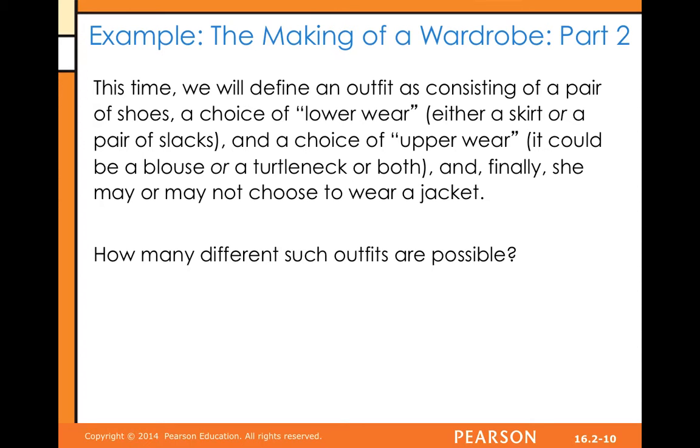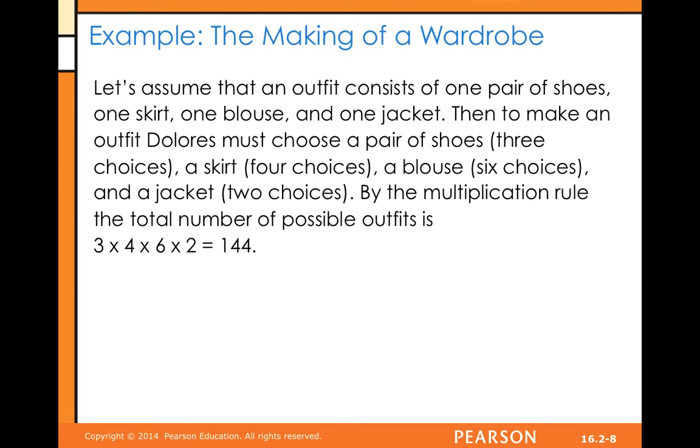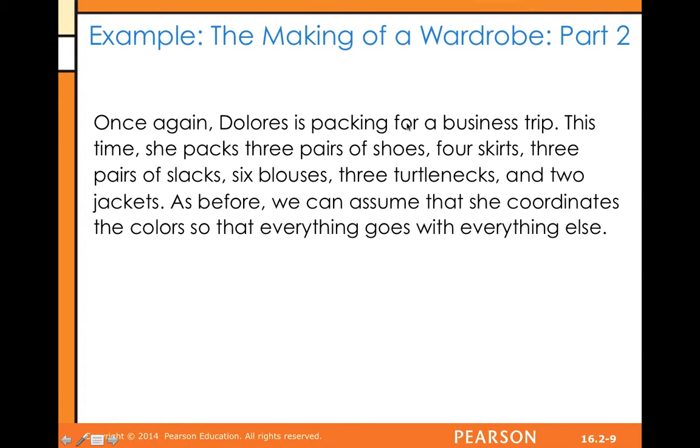Notice how much more complicated this is than the previous example. In the previous example, she had no choice. Well, first of all, there are fewer stages here, right? Just skirt, blouse, jacket, and shoes. And she had to wear shoes, had to wear a skirt, had to wear a blouse, had to wear a jacket. Now we're saying that there are going to actually be more stages,